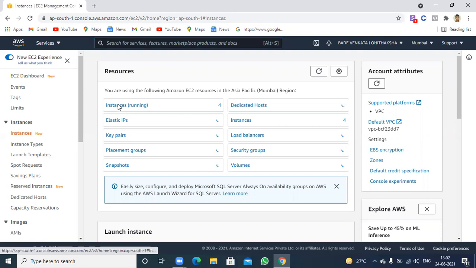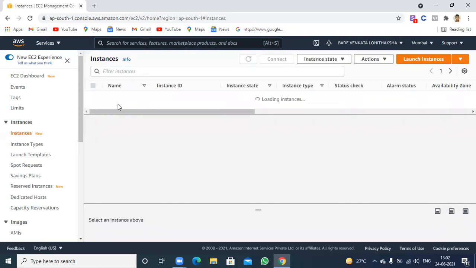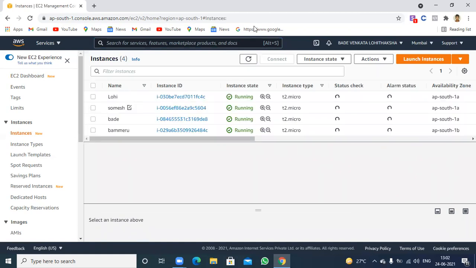Otherwise, as you wish, you can select Instances Running also. After you have clicked Instances, you need to click on Launch Instance. So you need to click on the button Launch Instances. Now I'm going to click Launch Instances.